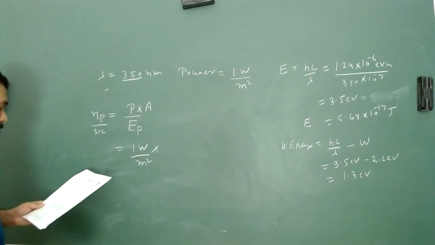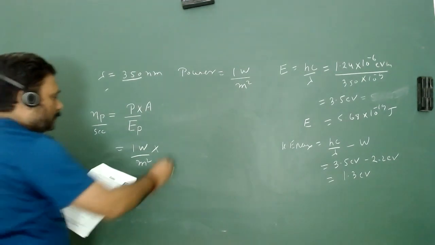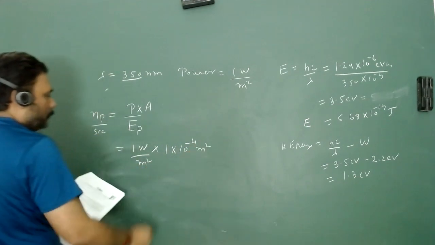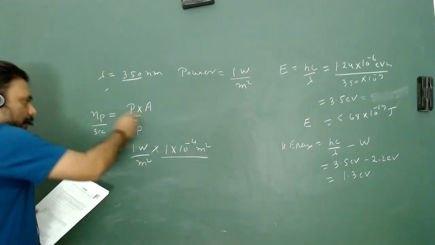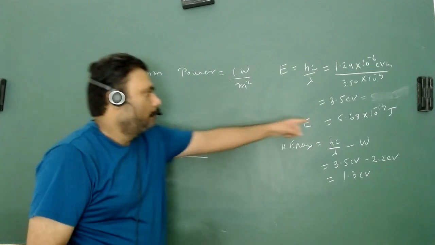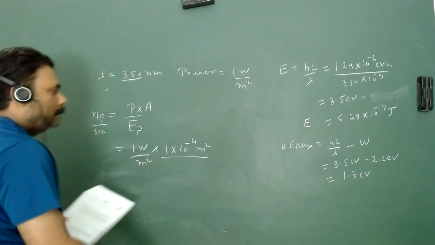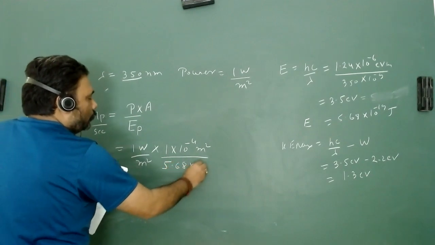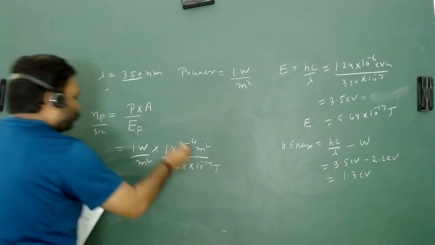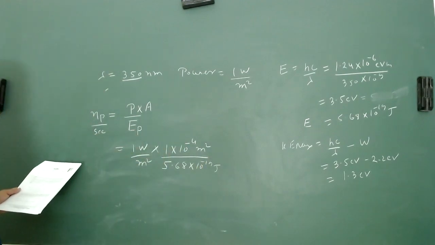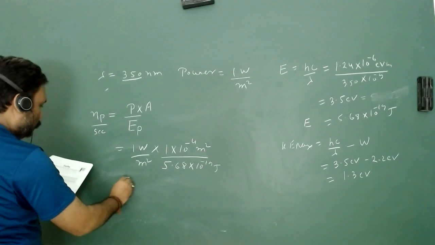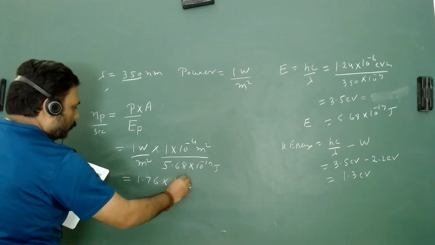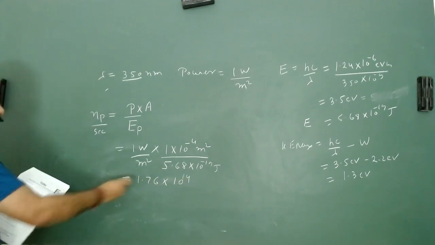Area is given in centimeters, so we have to change it into meters: 10 to the power minus 4 meter square. And yes, a single photon will have energy 5.68 into 10 to the power minus 19 joule. If we calculate all this, the number will be 1.76 into 10 to the power 14. So this is the number of photons